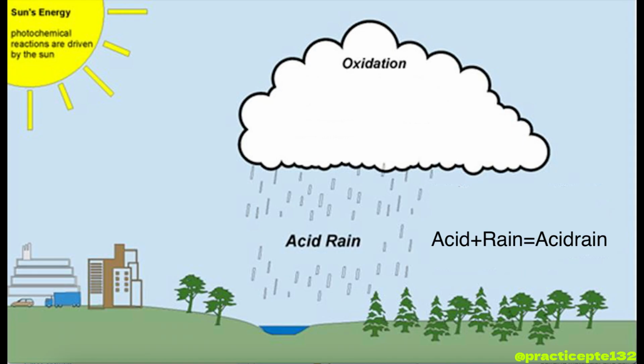The following picture gives information about acid rain. And this picture shows a number of things. According to this picture, photochemical reactions are driven by the sun. You can see from this picture that the acid rain is a broad term that includes any form of precipitation